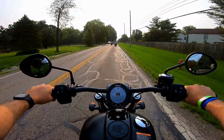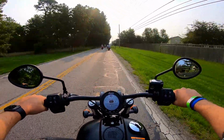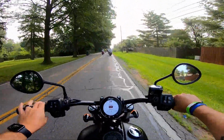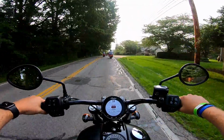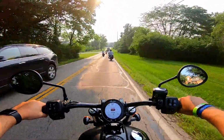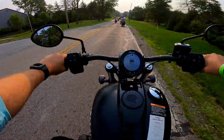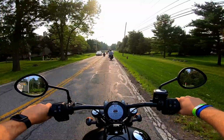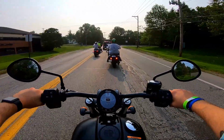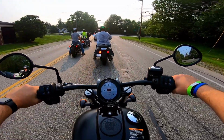And I'm used to floorboards. Almost every bike I've ridden, with the exception of the Triumph Street Triple R, which I have my test ride video linked up right up here. I've only ever ridden bikes with floorboards, so having these pegs is weird, and it's probably kind of why I got my boot stuck underneath the clutch over in the parking lot when we were trying to take off. But as much as I thought this reach was going to be a little too...